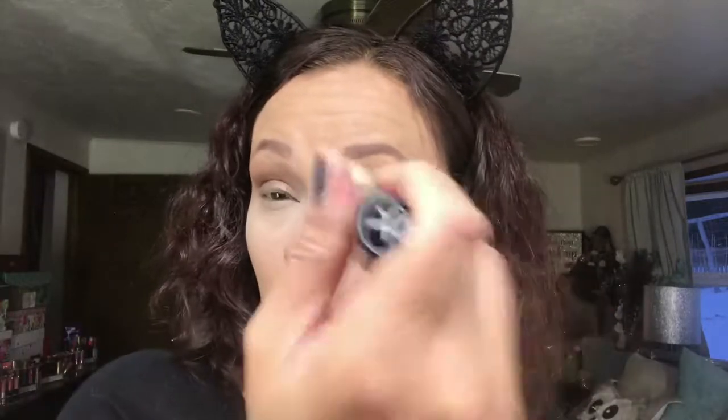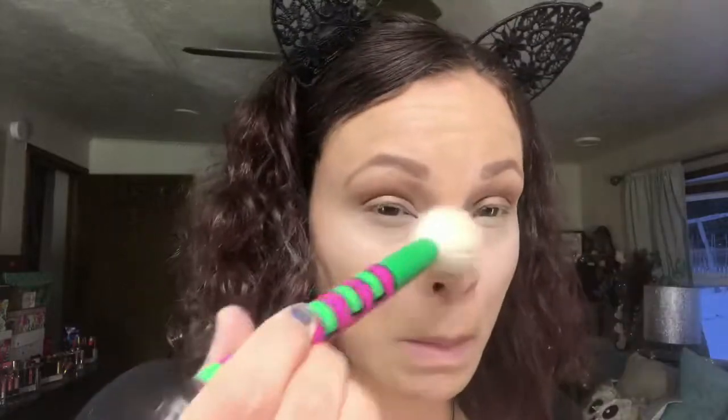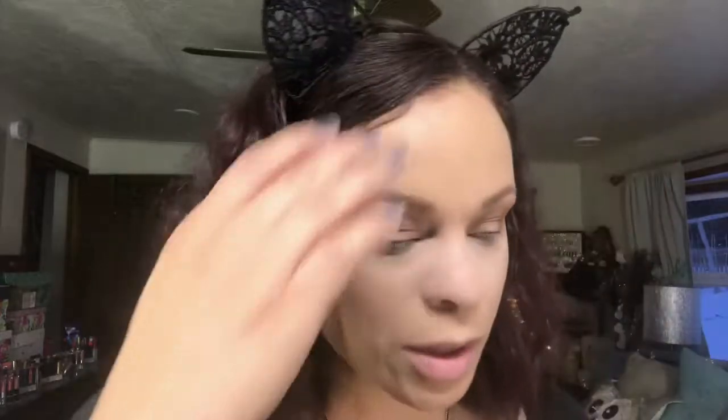And the last thing we're going to do is we're just going to put a color in the inner corner to open up the eyes and sort of highlight that inner corner. And before we do that, I'm going to wipe away this powder. So I'm just going to take my powder brush that I was using. I'm actually going to get a little more powder on it to make sure that I don't rub this in. All right, so the last thing that we're going to do